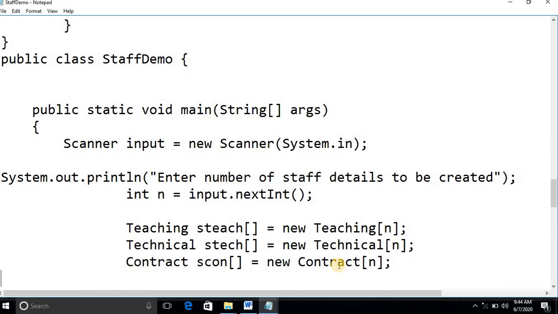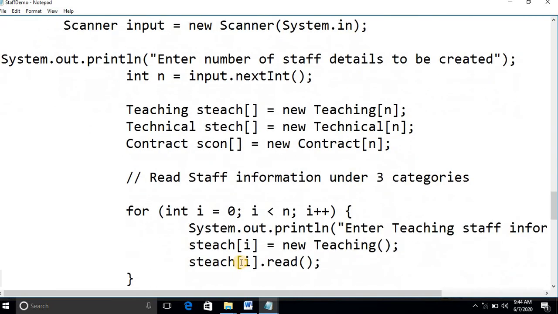So if it is 3, what is the object here? steach of 0 is one object, steach of 1 is one object, steach of 2 is one object. So 0, 1, 2 will be the objects. That's why we are using the for loop. Now we have just created the array of object variables, but memory is not allocated for it.